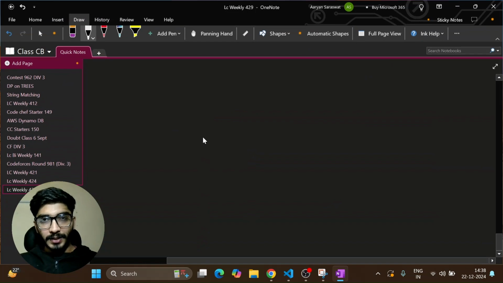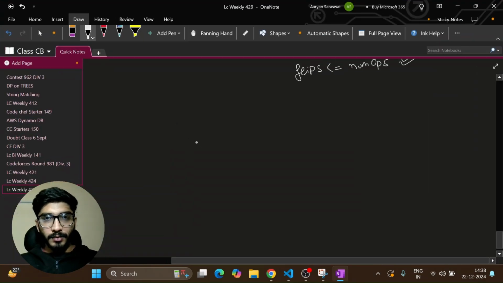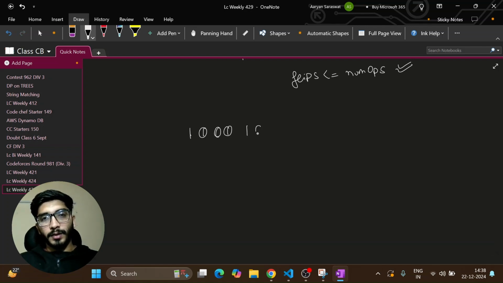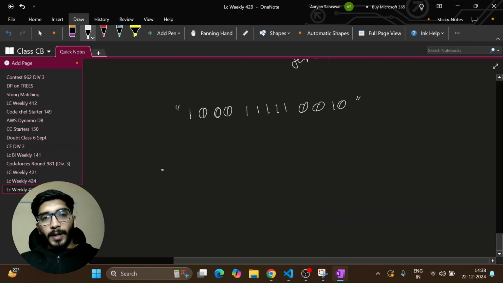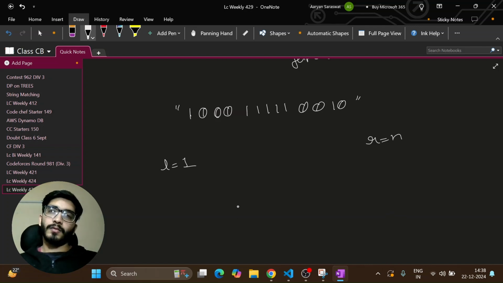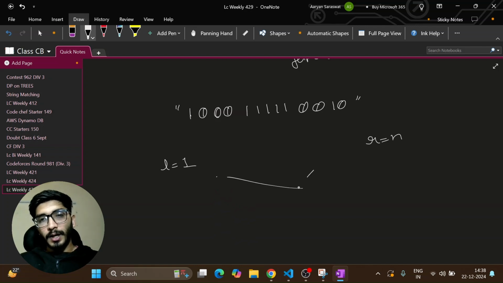So if we discuss this thing in detail, what I thought was that we are given a string, which is 10001, and let's make it 11111. We are given a string. Cool. So my search space for my answer will be L is equal to 1 and R is equal to n, because the answer will always lie in this space. So based on this, I will calculate my mid and will check,